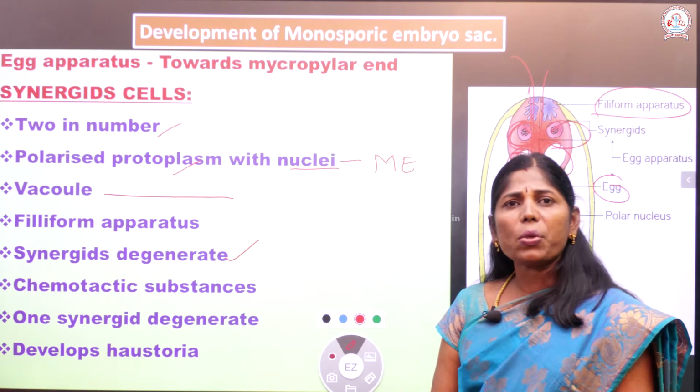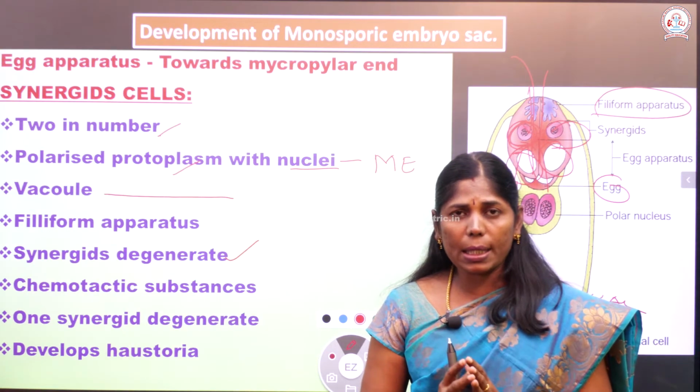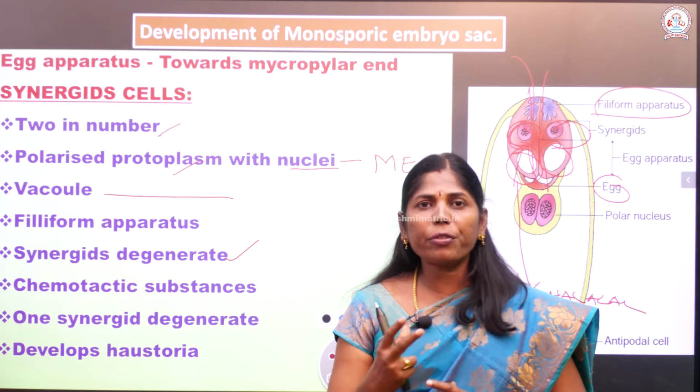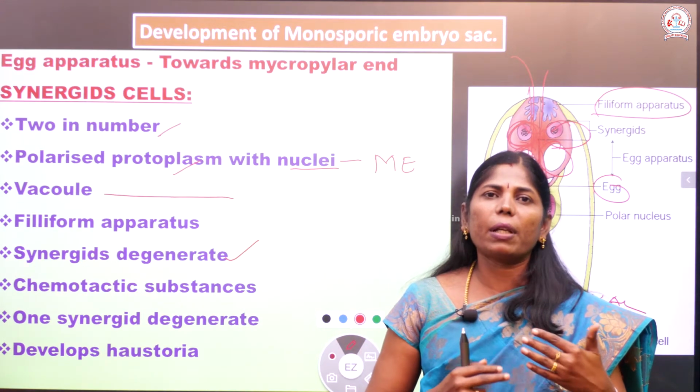So actually the nucellus is made up of parenchymatous cells, that are green in color, so they can prepare the food materials, okay. So then only they can supply the food material to the developing embryo sac.